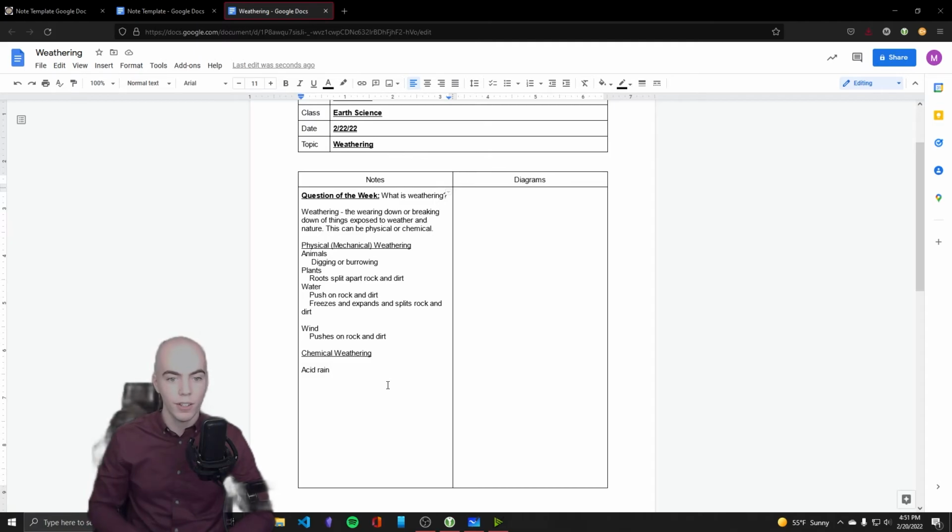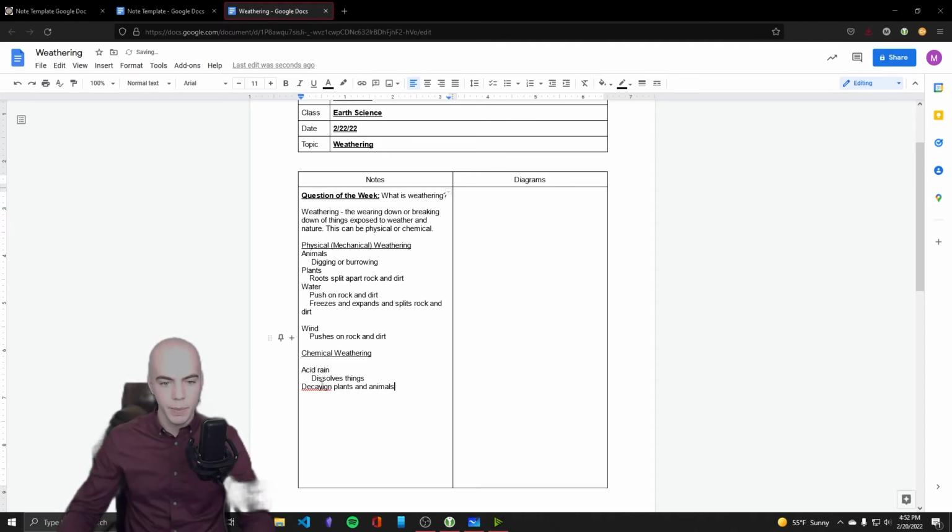It'll chemically alter something. And I'll actually leave that up to you guys to look up what acid rain is, how it's made. Because it is made. It's not a particularly normal thing to happen unless there's like a volcanic eruption. All right? It's becoming more and more frequent. So look into that. So acid rain dissolves things.